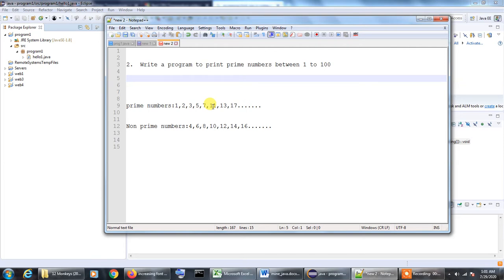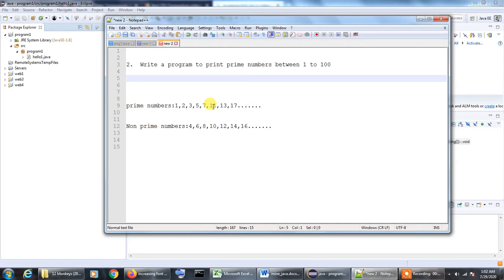So if we pick a prime number like 5, we can see that it has no other factors. Factors are numbers by which a particular number is divisible. So for 5 there are only two factors, that is 1 and 5 itself. But for a non-prime number like 10, there are more factors apart from 1 and 10. Obviously there are two other factors, that are 2 and 5. So one distinguishing characteristic is that prime numbers will always have two factors, whereas non-prime numbers will have more factors apart from 1 and the number itself.